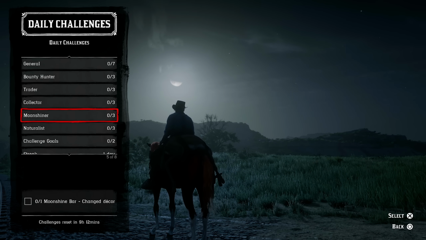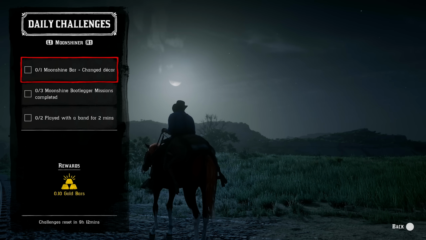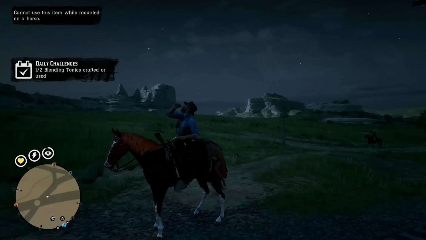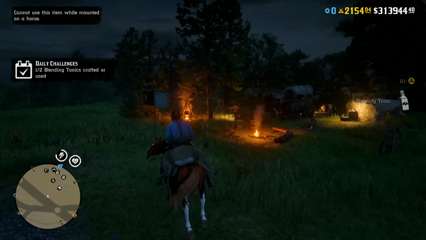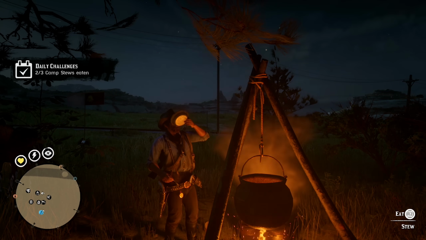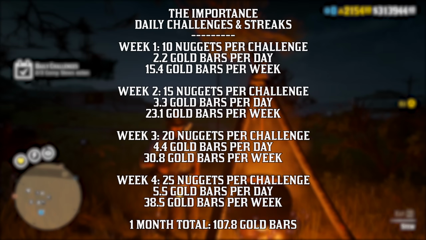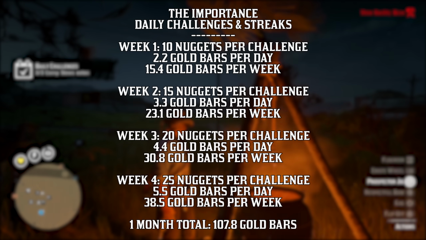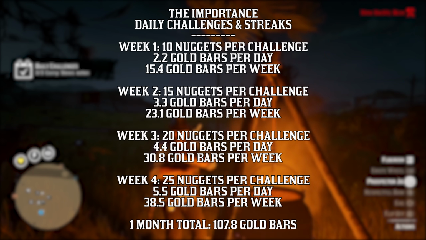So with that said, with the new system, you're earning 10 gold nuggets per daily challenge without any sort of daily challenge streak, and between the 7 normal daily challenges and the 9 role daily challenges that you can complete if and when you unlock enough roles, you will earn a bonus for completing the normal dailies and a bonus for completing the role dailies for a total of 2.2 gold bars per day. If you complete 7 normal dailies and 9 role dailies every day for a week, that's 15.4 gold bars in